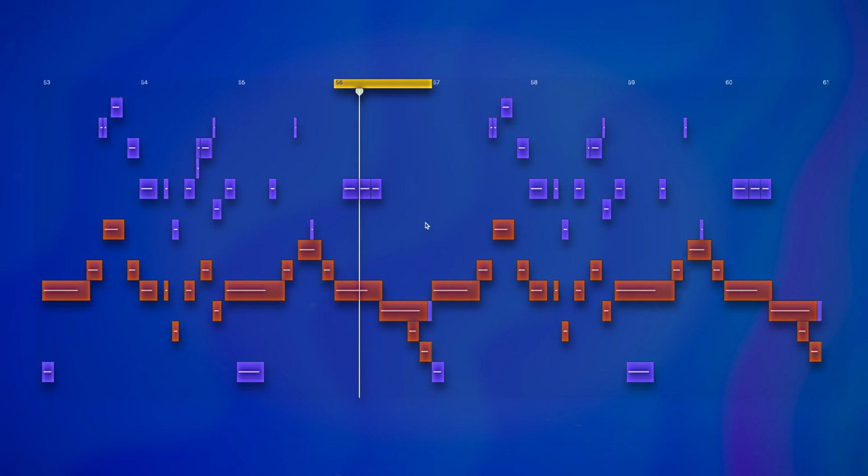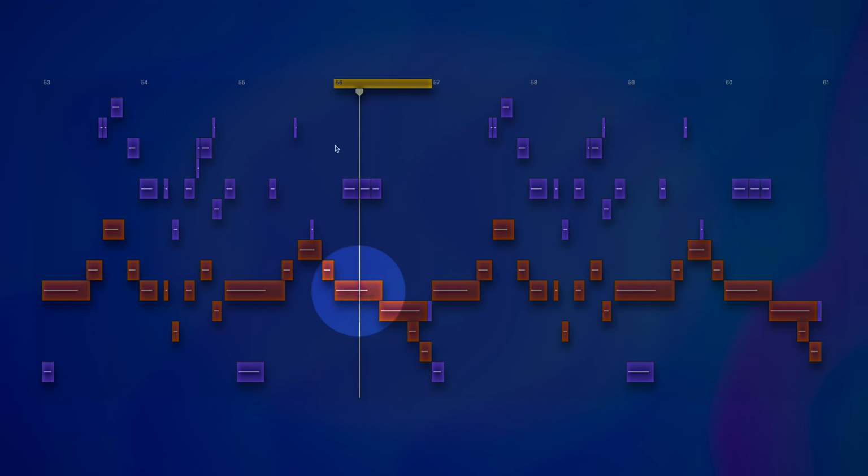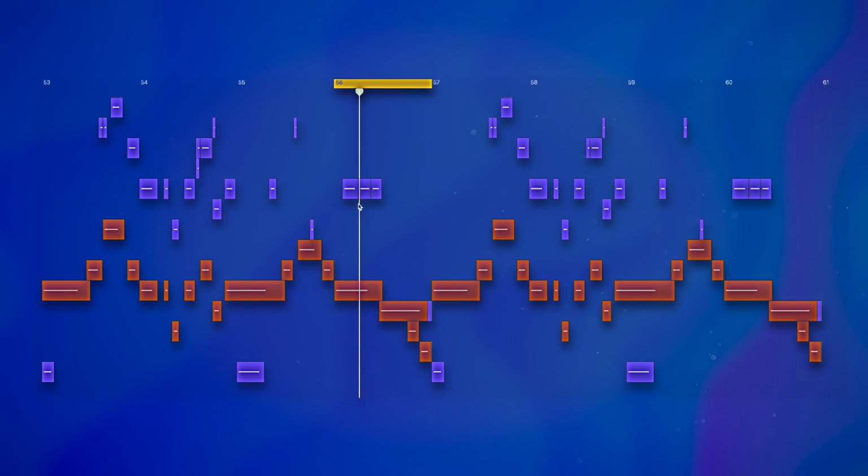So I want to highlight how we have used the classic call and response, where one sound responds with another one, but we've done it in a really quick, plucky format here. So for example, we have this note that triggers right on the bar, and then we've got these notes swung in with the same kind of feel that we've got with the rest of the drums as well. So we end up with that whom and then da da da da da response. Because all we've got is that note playing here, and then